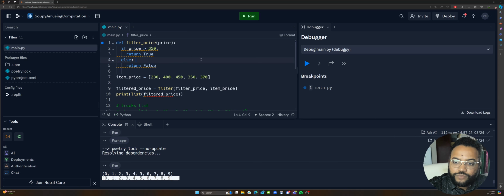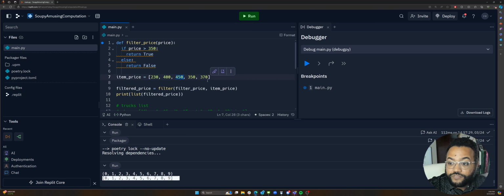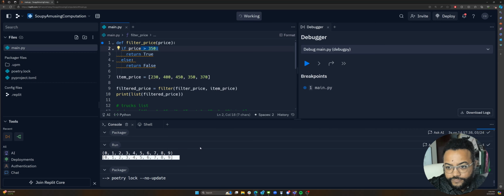And let's bring this back one. It's still upset about something. Return the condition directly. No, I don't really care about that. So what's going to happen? Well, what's going to print? Well, what should print is 400, 450, and 370 because those are all greater than 350. And survey says